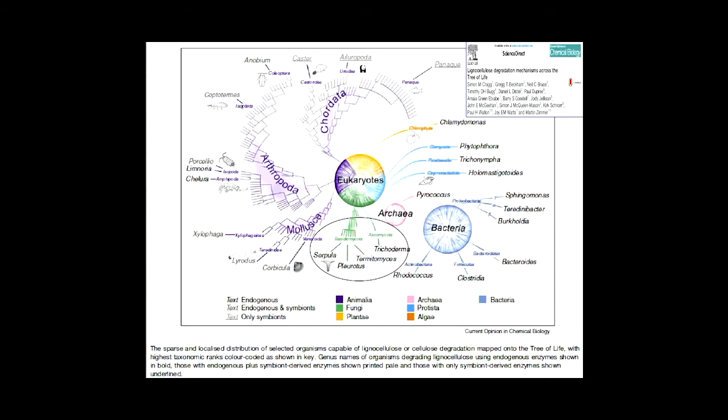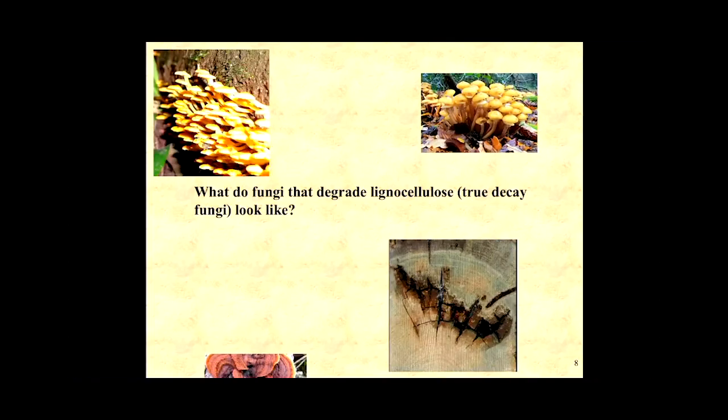And that's something that's been relatively recently discovered. But there's lots of damage caused by marine borers, some different types of isopods, certainly a lot of insects that cause damage to wood, and bacteria do as well. By far the most aggressive, though, are these fungi that we'll talk about today.